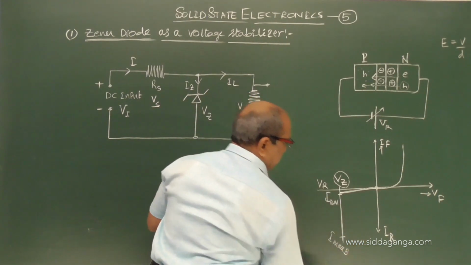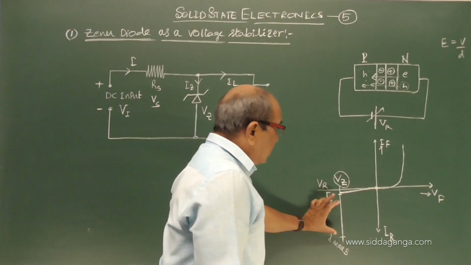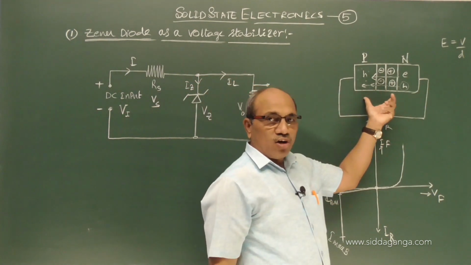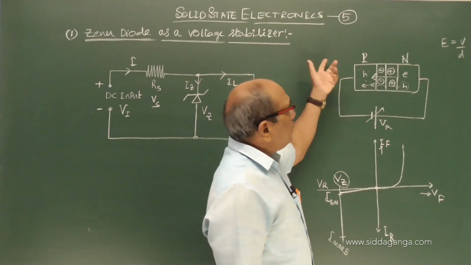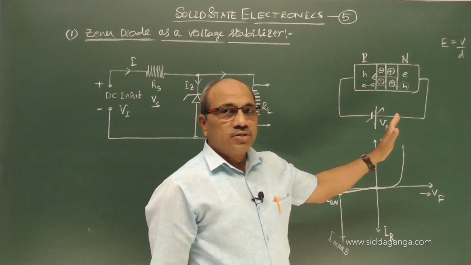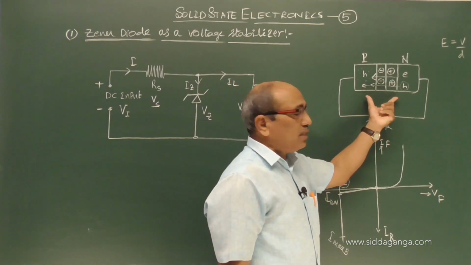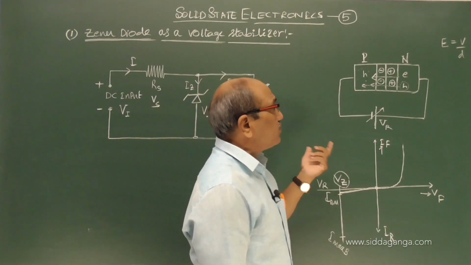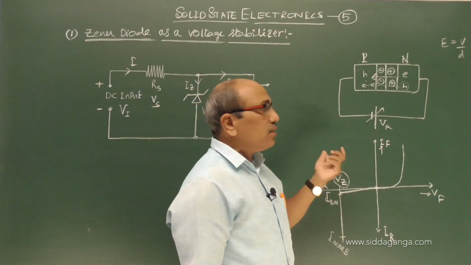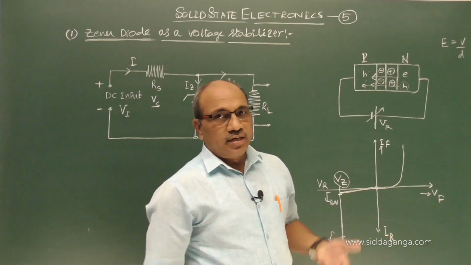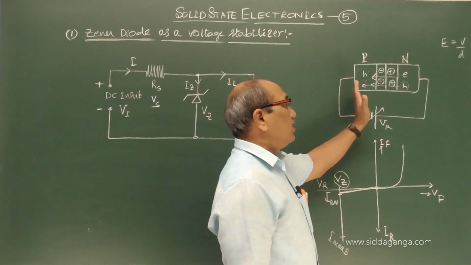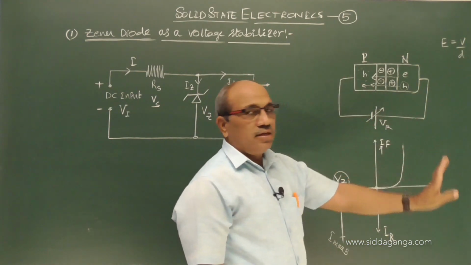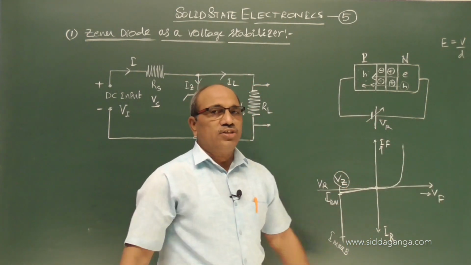If it exceeds that current, then as in the normal diode, the avalanche current starts because the large energy of these minority carriers may knock out the electrons of the atoms of the semiconductor, and cascading of the electron number starts, and thereby avalanche current begins and breaks the junction, and permanently the Zener diode will go